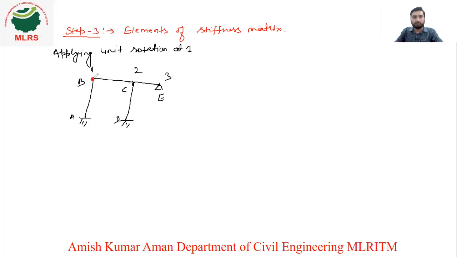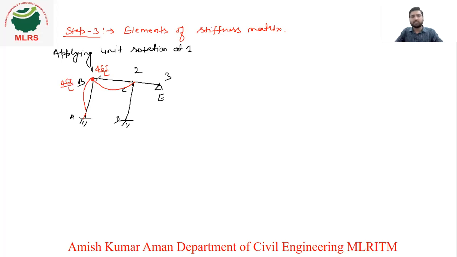So we will have this BC, and this will be the deflected shape, right? So this will be deflected like this. Now if you want to find the stiffness matrix for this BC member and BA member, what will happen? Now this B is your joint, so for BC, what will be the stiffness at this point? That will be 4EI upon L. For BA also, what will be the stiffness at B? That will be 4EI upon L, right?